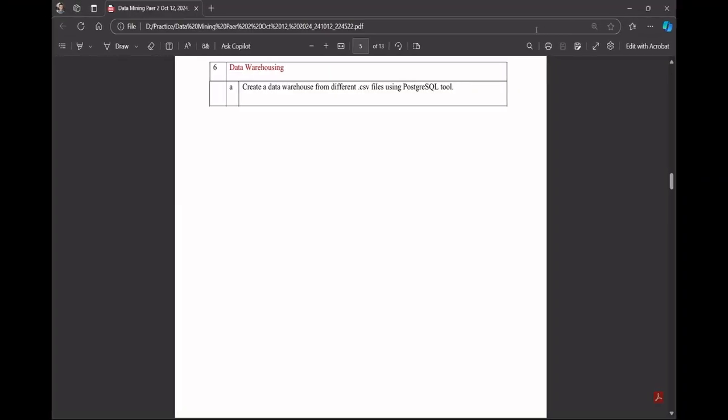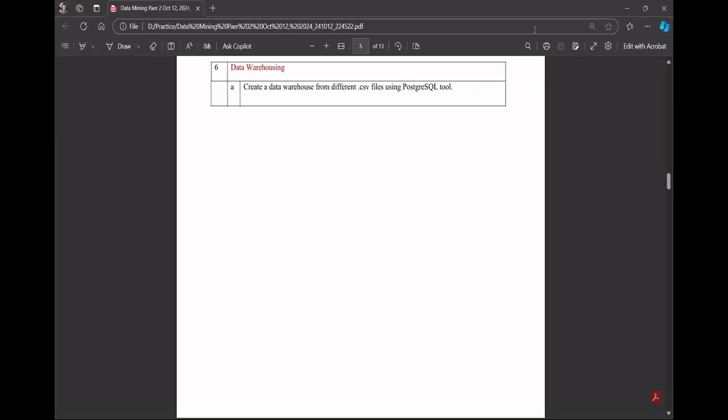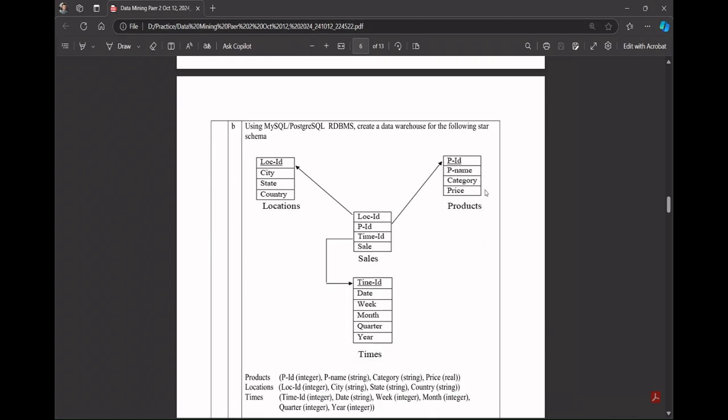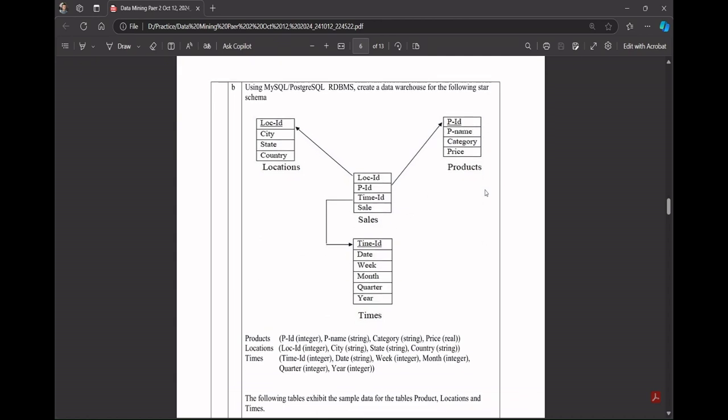Hello everyone. We are going to perform experiment 6, which is data warehousing. In the first part, we need to create the data warehouse from the different CSV files using PostgreSQL. And in the second part, we need to first create the schema for the data warehouse, which follows the following